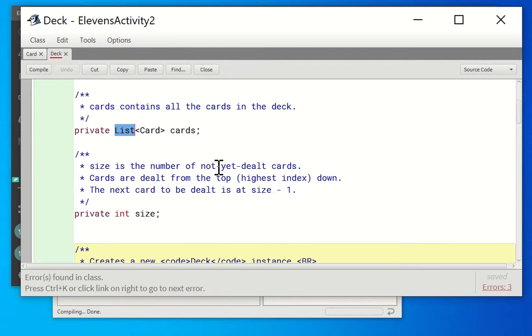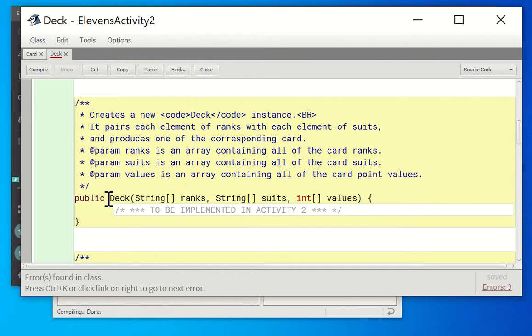And size is the number of not yet dealt cards. Cards are dealt from the top, highest index, down, the next card. Okay, so I've got two of these. I've got the list and this. Well, if I come down here and I'm going to